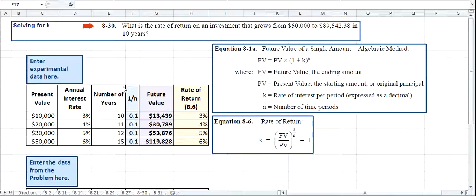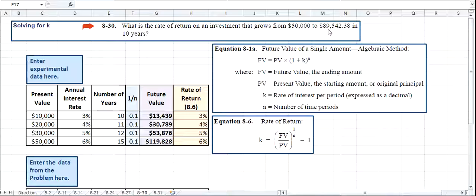Okay, in this video we're looking at problem 830 where we're actually solving for K, or solving for the rate of return. Now this is probably the trickiest one you're going to have to do, but I've set this up where it's not quite so hard. So what you're going to need to do is some actual trial and error here. So we know from the problem that you're going to have an initial investment of $50,000 and you want it to grow to